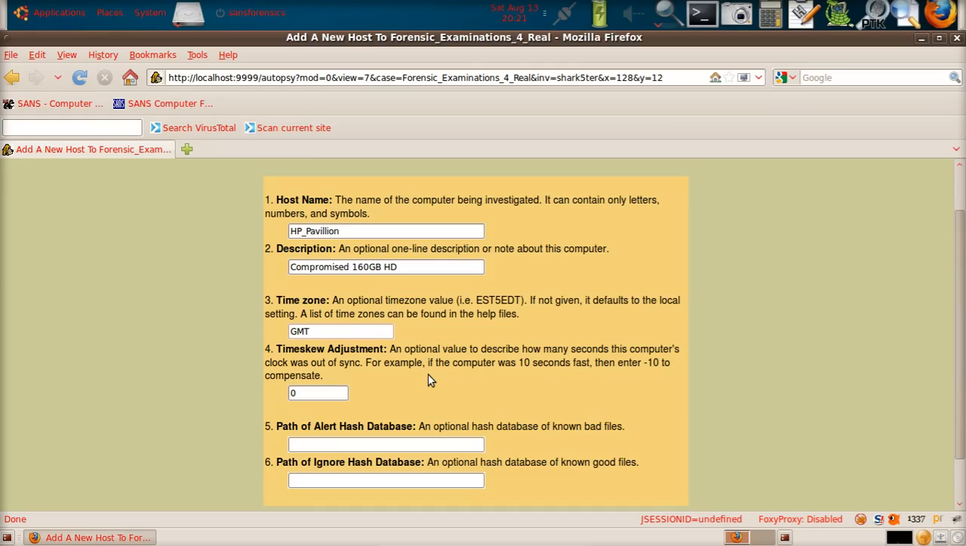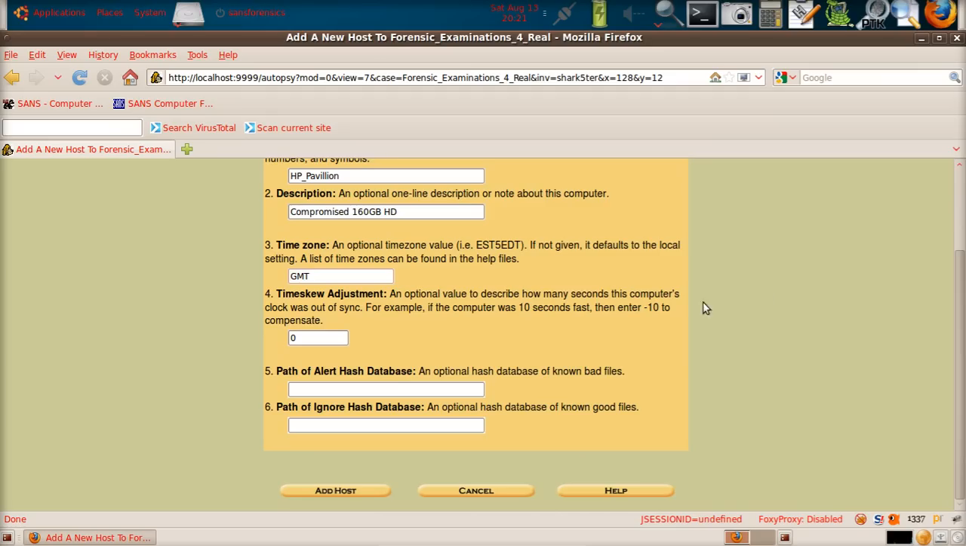It's just that the clock is wrong and it throws it out. Alright, also we've got the alert hash database. Okay, now